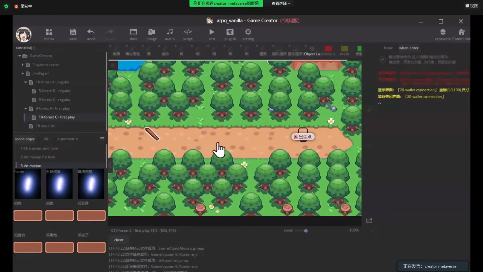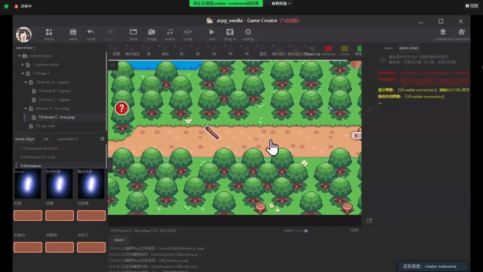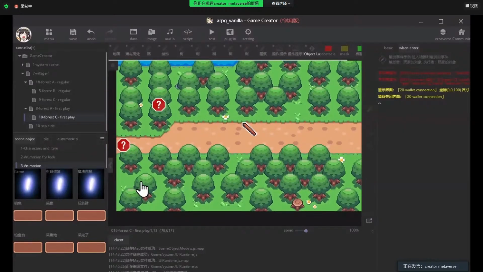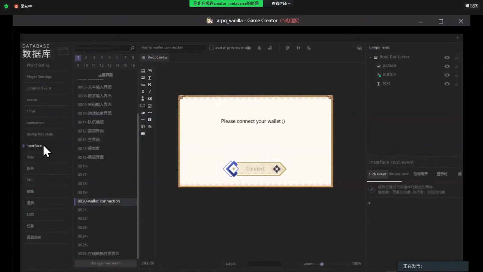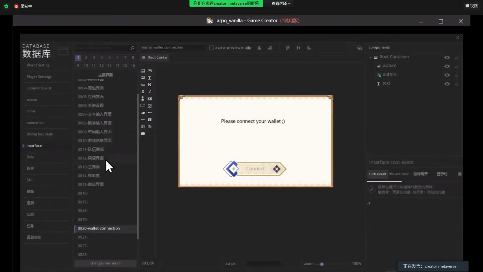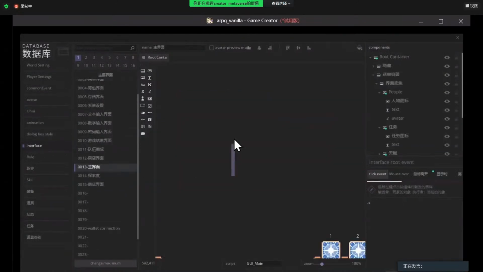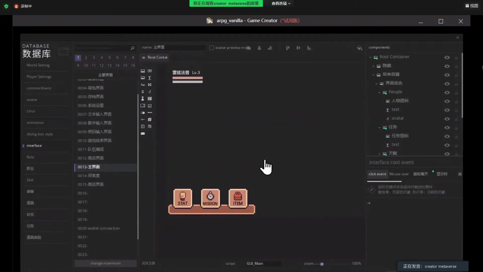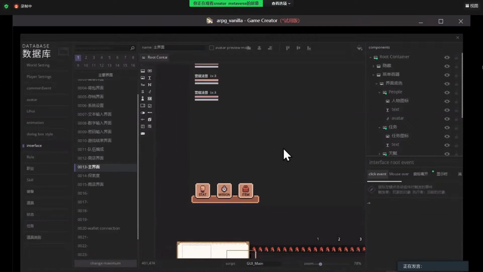So in order to make our debugging easier, we decided to put something here in the game main interface to reflect the status of the smart contract. So let's go to the database, interface, and the game interface. This one. Zoom out a little bit.